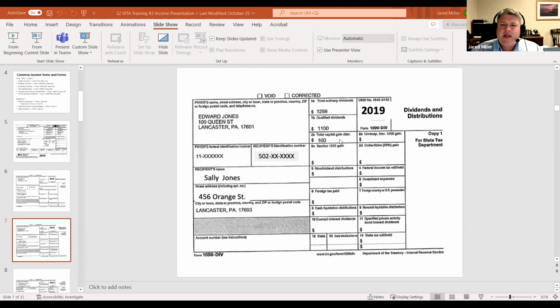A couple other things we may see if it's more, I don't want to say complex, but if you have investments in, say, a mutual fund or other type of investment account, we may see some activity on line 2A, which are capital gain distributions. We may see some non-dividend distributions. We'll talk a little bit about foreign tax paid next week. As long as all their foreign taxes are being withheld on the 1099 DIV, we can take that on the federal return as a credit. Most of the other ones are probably not going to be overly applicable.